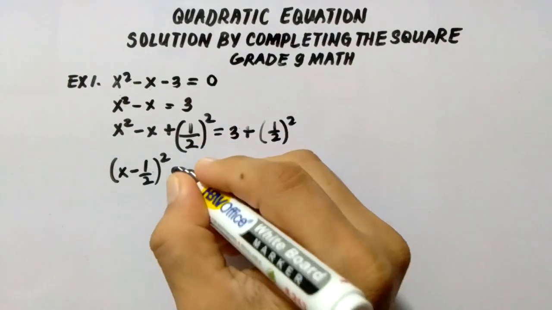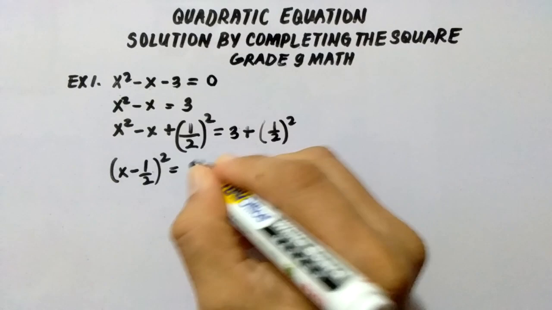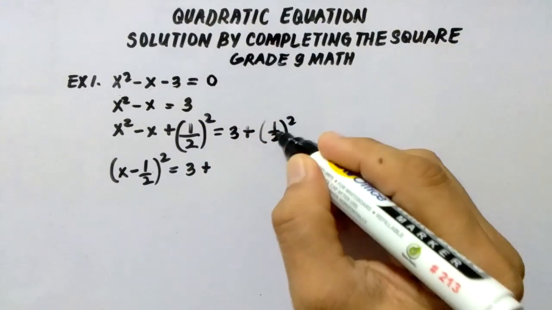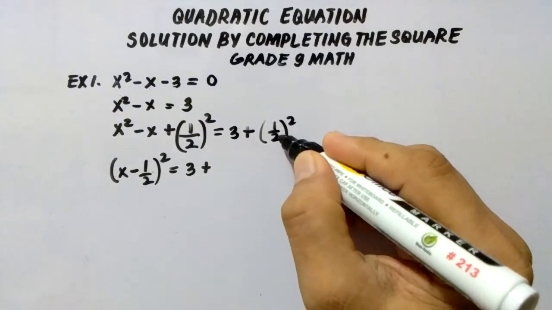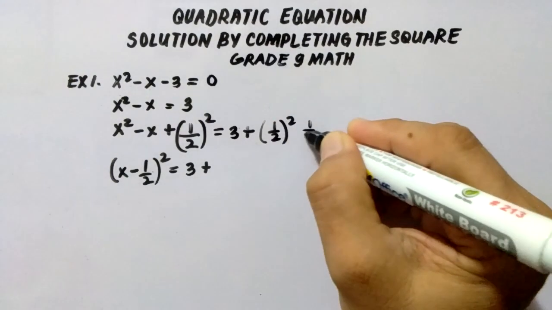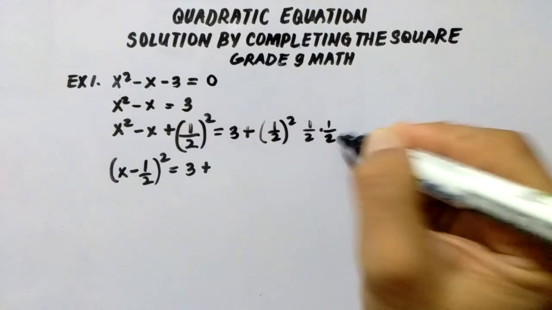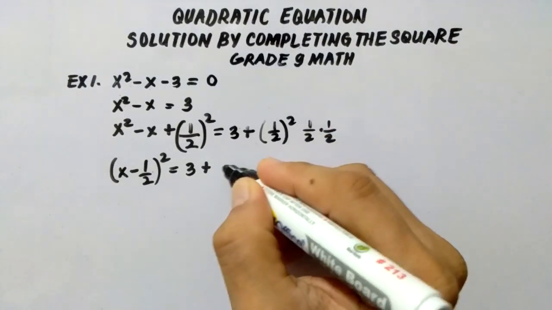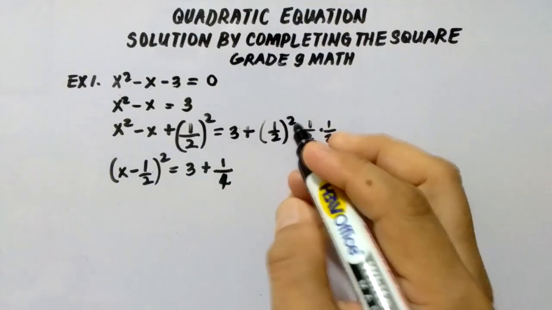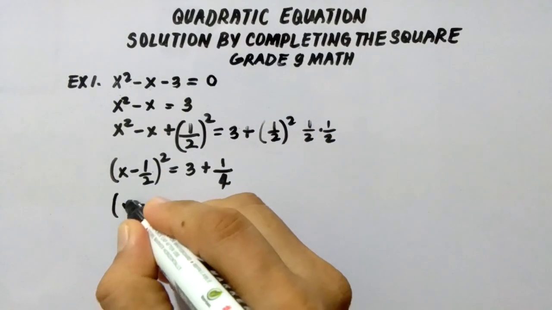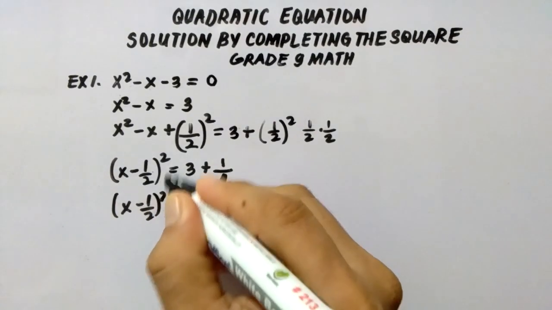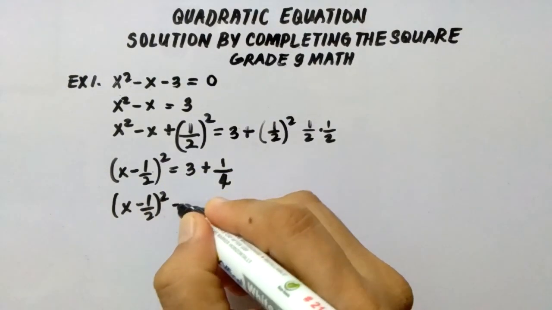Then, copy the equal sign. Okay, so equals 3. Then, plus. Okay, so expand po natin ito. Quantity, 1/2 squared. So, dalawa pong ganito yan, no? 1/2 times 1/2. Okay, so 1 times 1, that is 1. Then, over 2 times 2, that is 4. Then, quantity, x minus 1/2, okay, squared, no? Is equals to